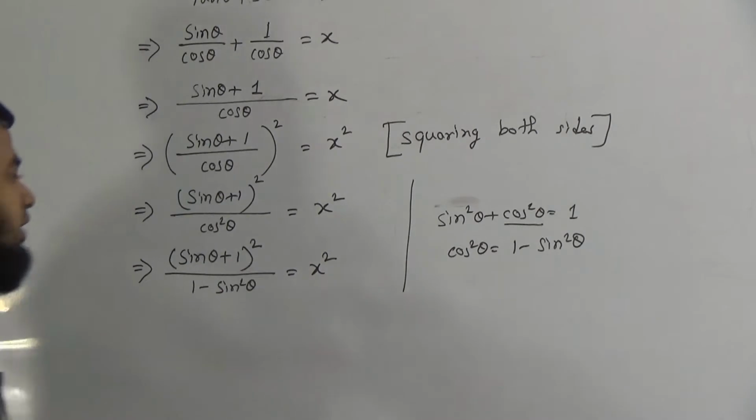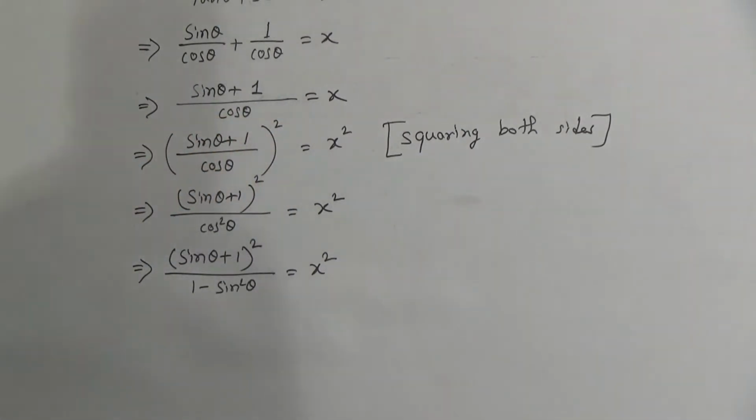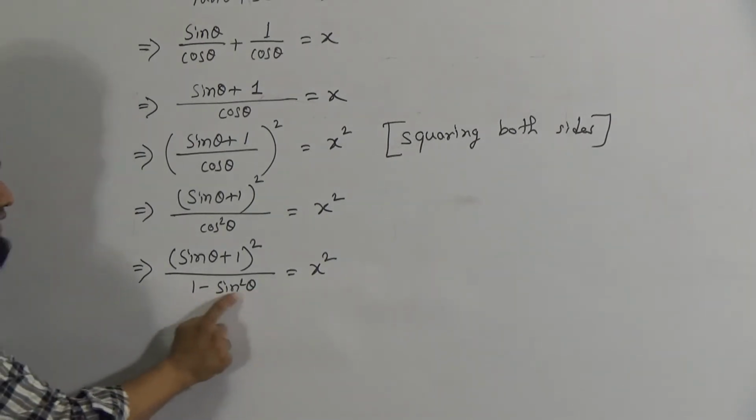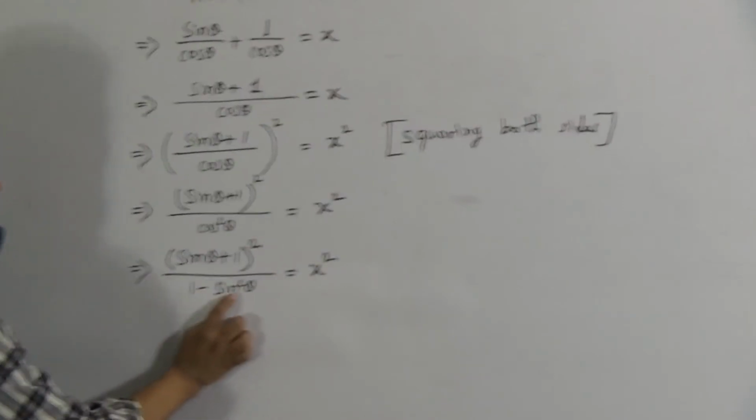Okay. Now my dear students, we will form another formula here. We have 1 minus sin square theta. That means 1 is 1 square, and sin square is sin square theta. So it's a square minus b square. A square minus b square equal to what?